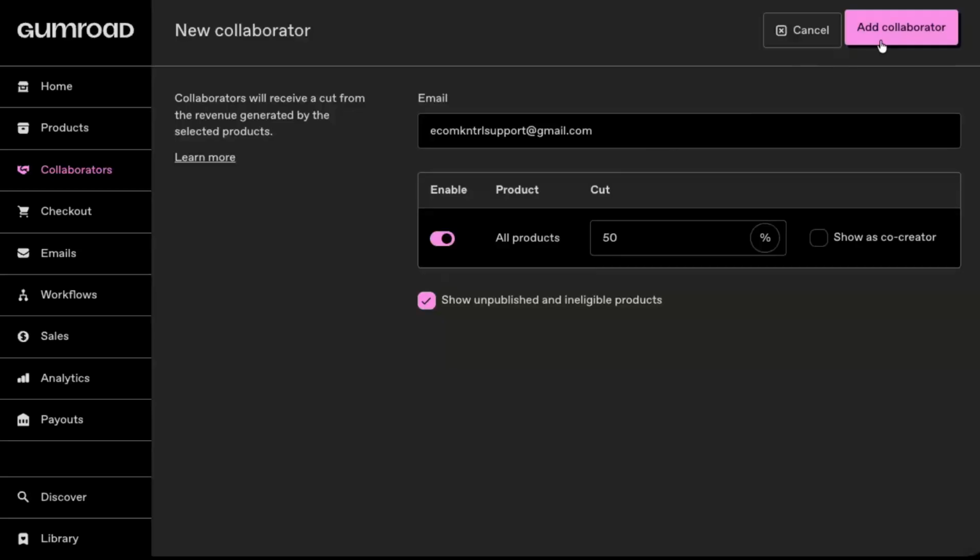Once you've filled in the email, adjusted the cut, and chosen your visibility options, scroll down and click on Add Collaborator. Gumroad will save your settings and send the appropriate invitation or update, and your collaborator will now be linked to your products with the permissions and revenue